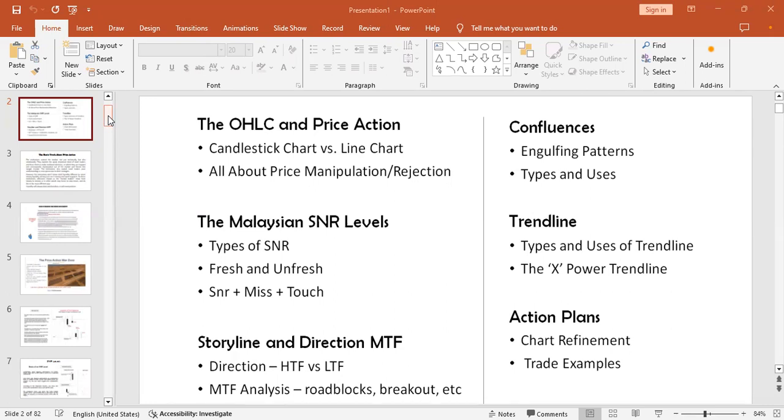For example, if you are trading on daily and you don't check on 4 hours, because on 4 hours the daily has multiple pullbacks and retracements, so that when you notice where the price is possibly going to react, you know how to adjust your trade. But if you don't have the knowledge of it, you enter a trade, it could be just at the breakout. And when the breakout happens,